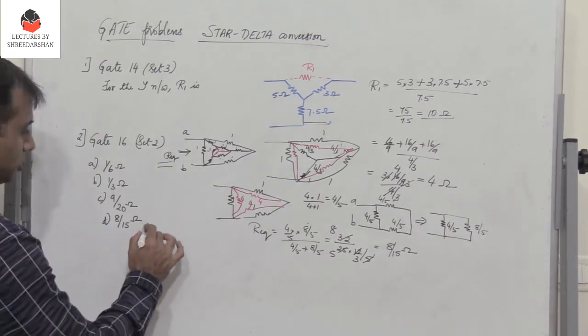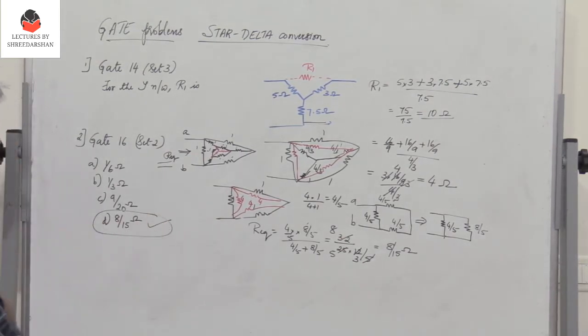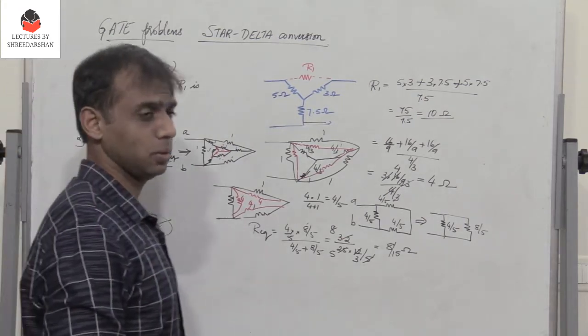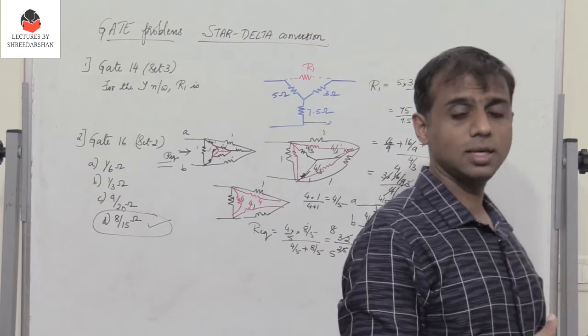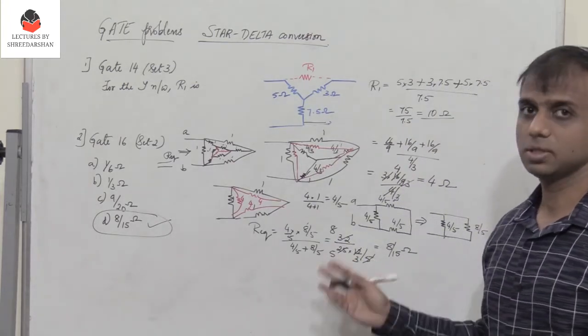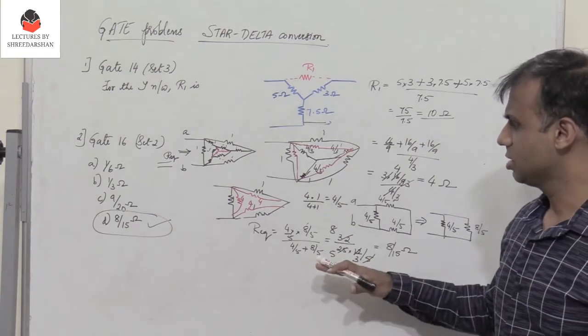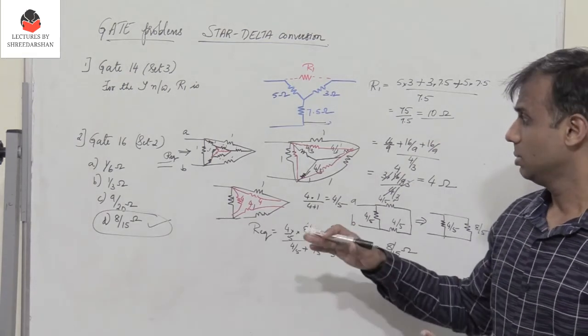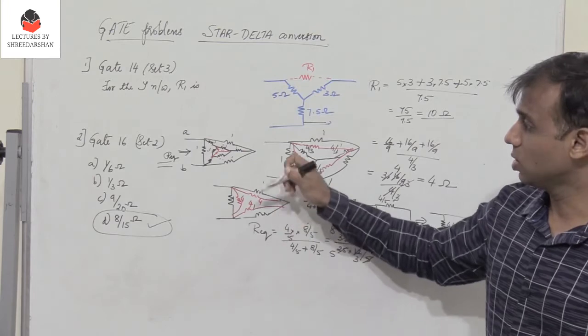So the correct answer is D. So D happens to be the right answer, right? So this in fact is a very simple problem, right? So wherein they have actually asked you to find the equivalent resistance, but it is a bit time consuming, right? So it takes some time for you to solve it, but does not take a lot of time because the